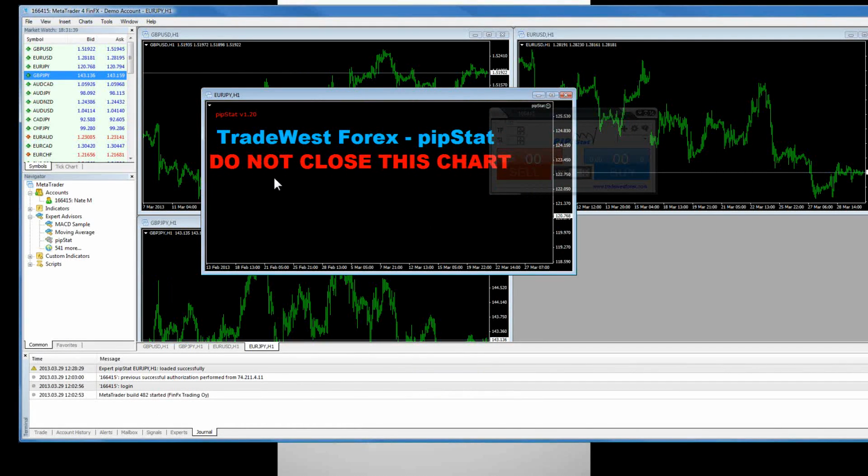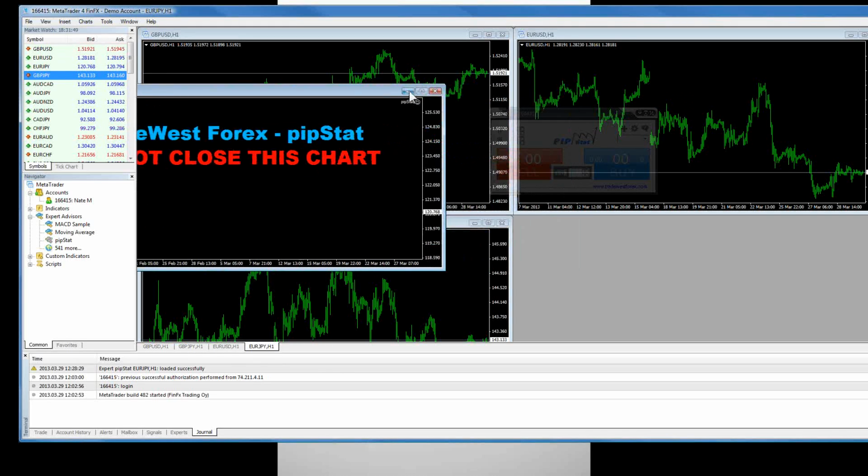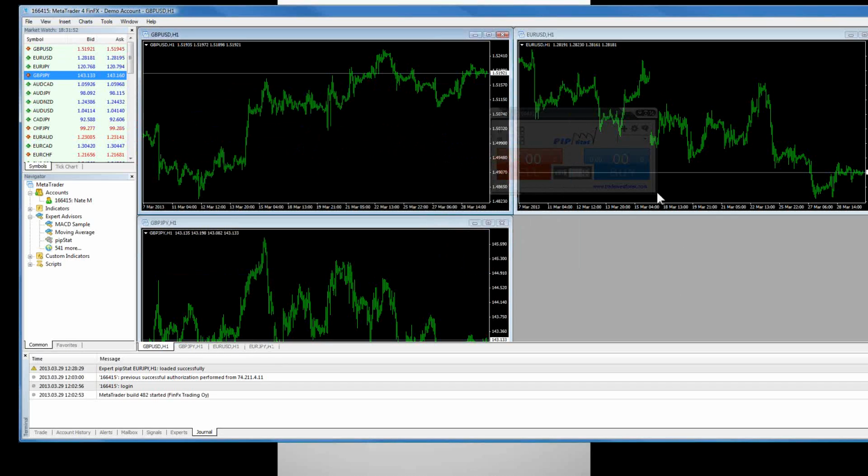First thing that people typically think is, oh, I've got big red letters. That means stop. What we're saying is we're just saying stop. Don't close this. Minimize it. So go to the top right-hand corner of your chart there, and just minimize it. You can see this little guy over here kind of sneaking around in the background here.